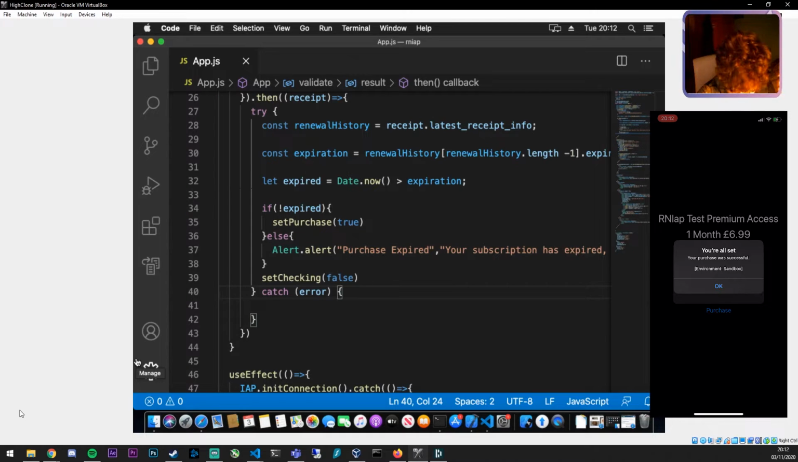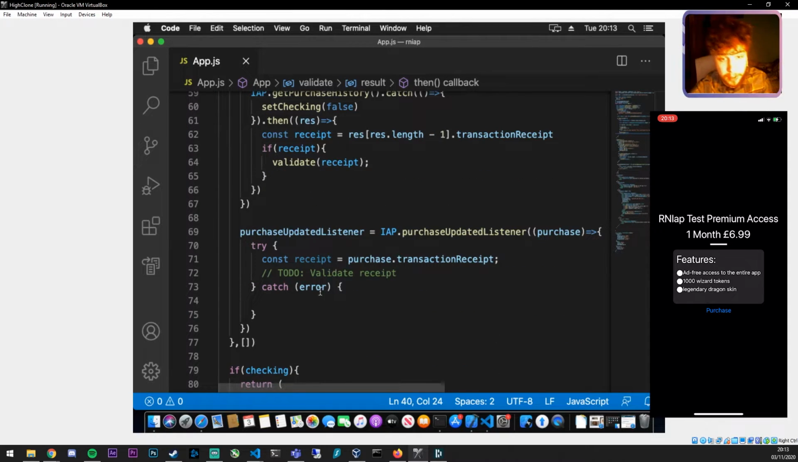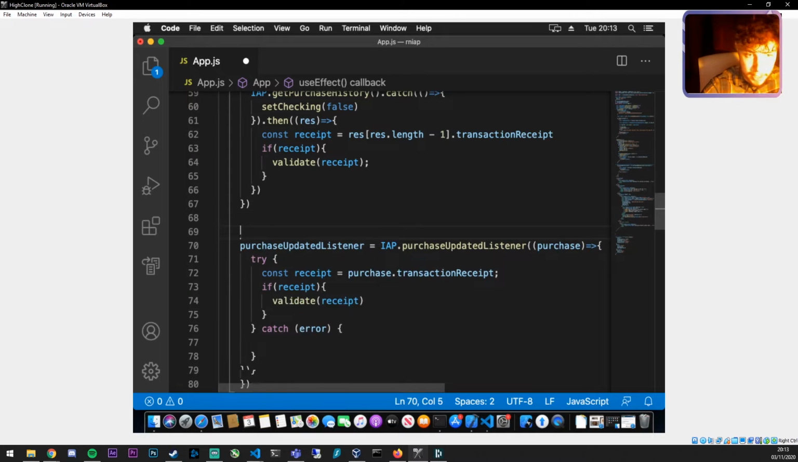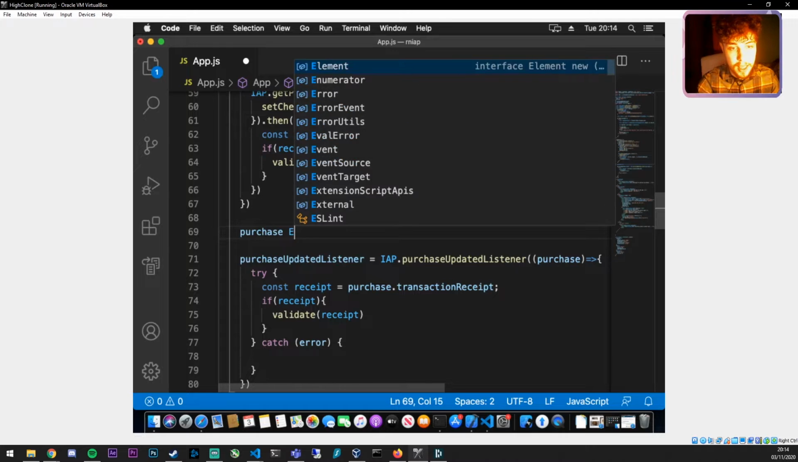There we go. Okay. It did take a little while, but we click OK, and as you can see, nothing happens because, if you remember, we haven't added the validate receipt to this yet. So what I'm going to do is, again, just do if receipt, then validate receipt. Okay. And there's one more thing I'd like to add to this for now, and that is that purchase error